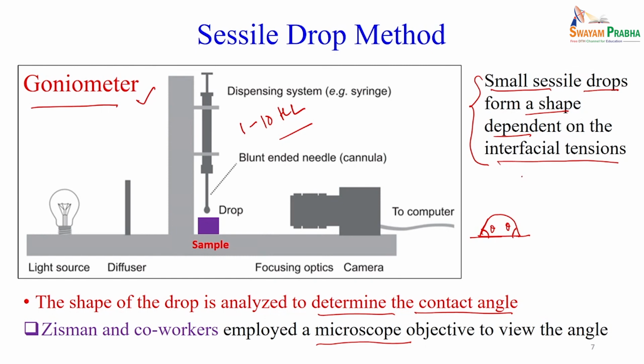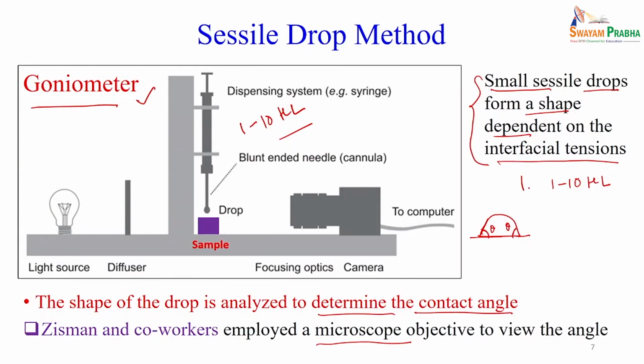First is the small volume, typically 1 to 10 microliter, so that the shape of the drop is totally dependent on the interfacial tensions, meaning the surface tension of the solid, the surface tension of the liquid, as well as the interfacial tension between the solid and the liquid. Now, the second criterion is